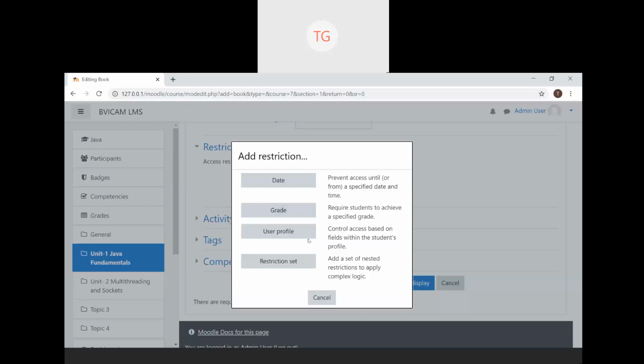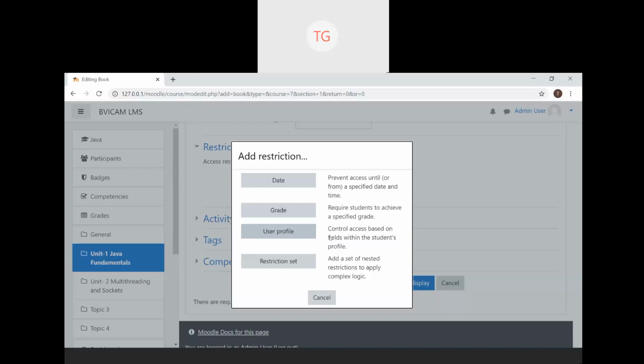User profile. Now, if you want to select from within students, like if I'm uploading a book that is only specific to a group case study, and I want 5 students to access it, not the rest of the 55 in my class, I will impose user profile restrictions on that resource. So you can have restriction sets, nested restrictions, or a group of restrictions of these types, rather than just one. You can impose these kinds of multiple restrictions within a resource.